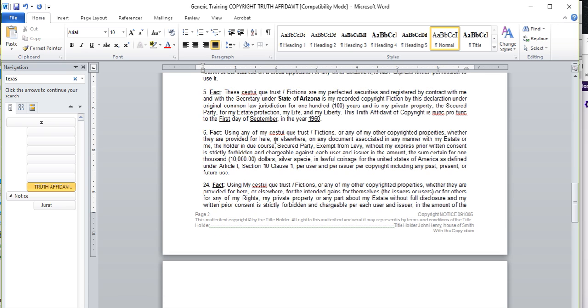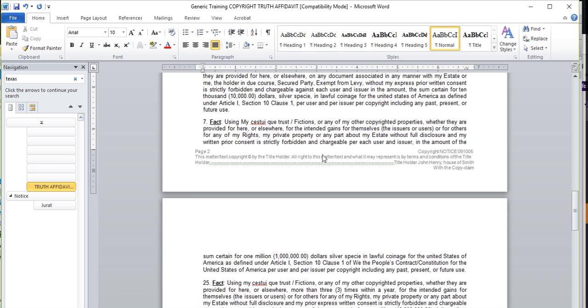Using any of my Satanic Trust fictions or any of my copyrighted property, whether they're provided for here or elsewhere, on any document associated in any manner with my estate or me, the holder in due course, secured party, exempt from levy, without my express prior written consent, is strictly forbidden and chargeable against each user and issuer in the amount of some certain 1,000. Actually, that should be 10,000. $10,000 silver specie in lawful coinage of the United States of America as defined under Article 1, Section 10, Clause 1, per user and per issuer per copyright, including my past, present, and future use. Any past, present, and future use. And then,